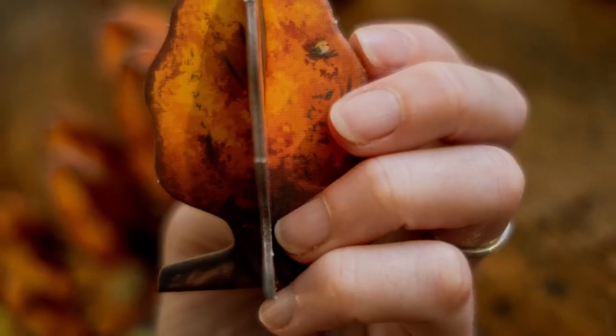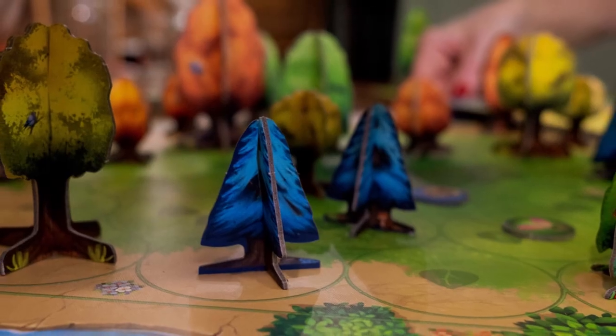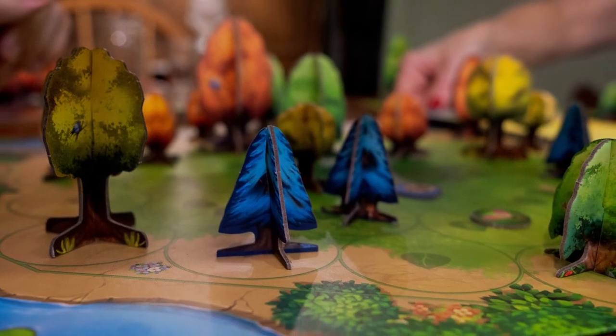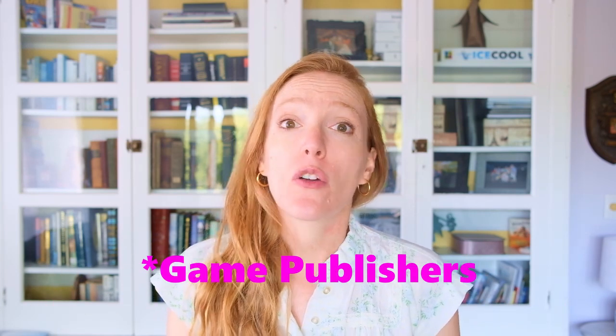What's wrong with cardboard standees? What's wrong with Photosynthesis? That game has absolutely no plastic in it at all. It's all recycled cardboard. And the components in that game are stunning. We need more board gamers creating creative pieces like that, where we don't have to worry about the long-term impact